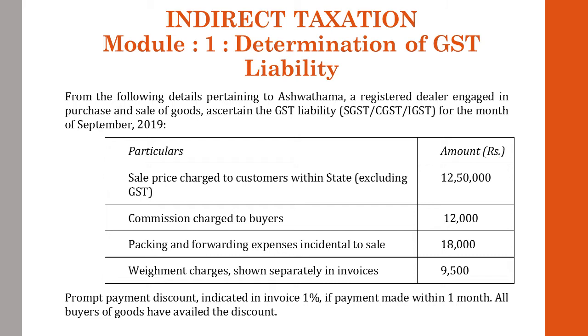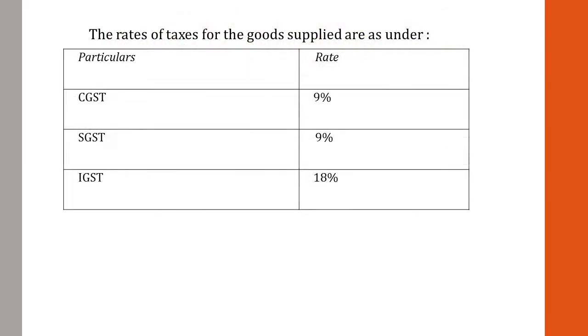Weighment charges shown separately in the invoices, that is 9,500. Prompt payment discount indicated in invoice 1% if payment is made within 1 month and all buyers of goods have availed the discount. So the rates of taxes for the goods supplied are as under: CGST 9%, SGST 9% and